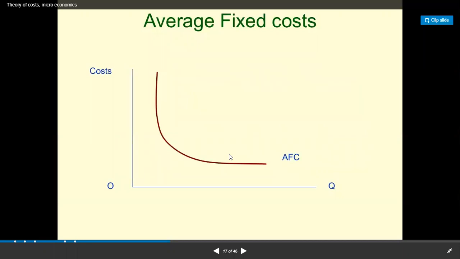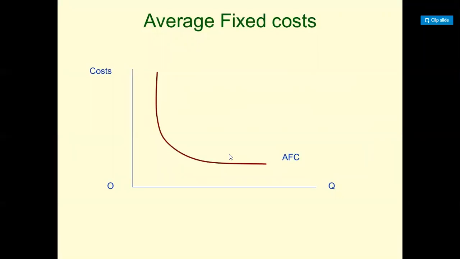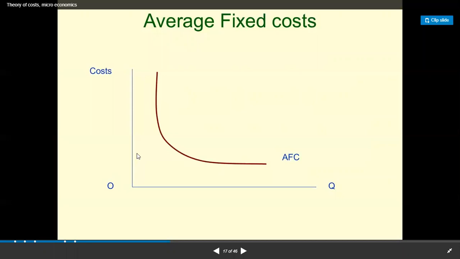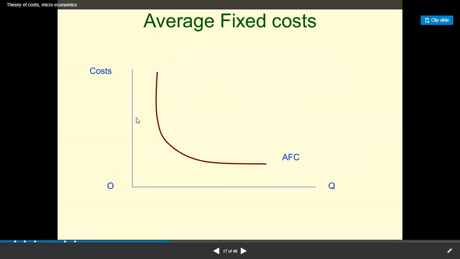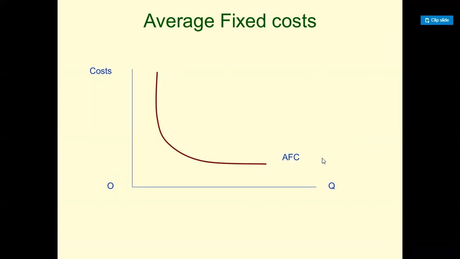As we've seen here, the average fixed cost falls with the rise in output because of the constant total fixed cost. What is the shape of the total fixed cost? This is the shape of the total fixed cost. It's a straight line parallel to the x-axis. So because of that, it is divided by the increasing output. When the output increases, we divide the total fixed cost by it. And the curve in the figure is obtained by plotting the points shown here.